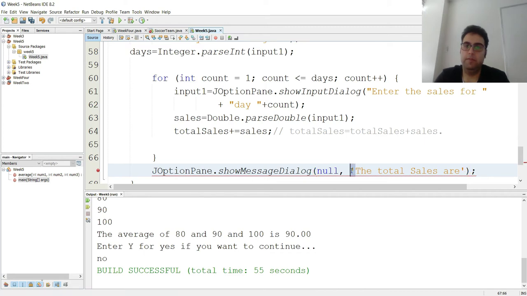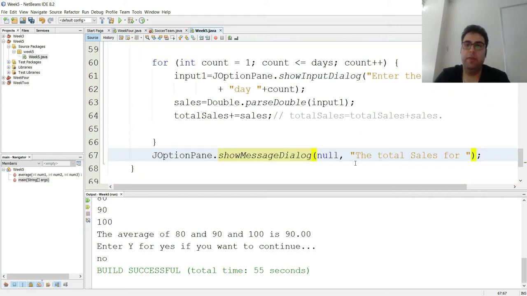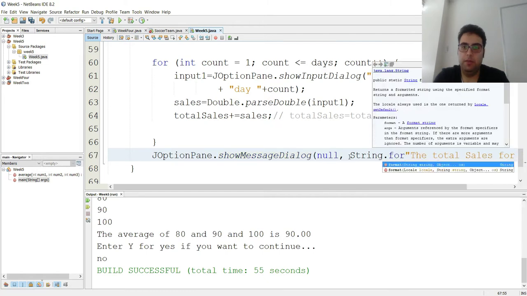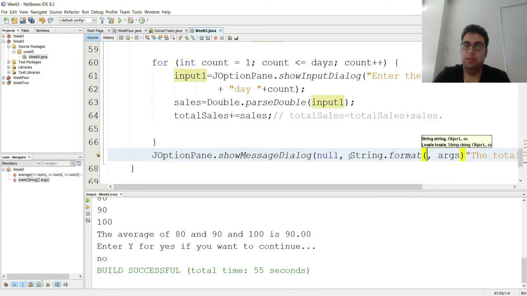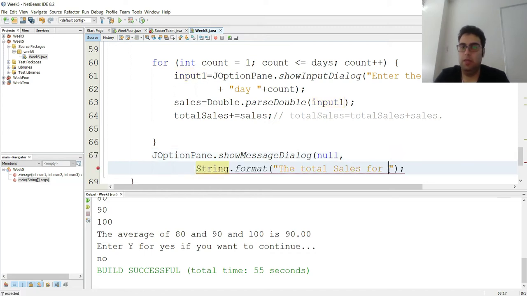Oh sorry guys, it's gonna go total sales for. We gotta do a string format since we learned that. We're gonna do string dot format, and we're gonna write the total sales. Let me just take the string format to the next line. Make it easier for